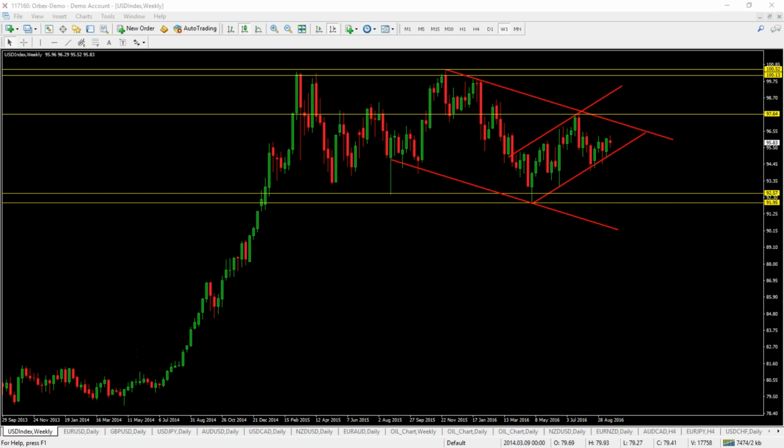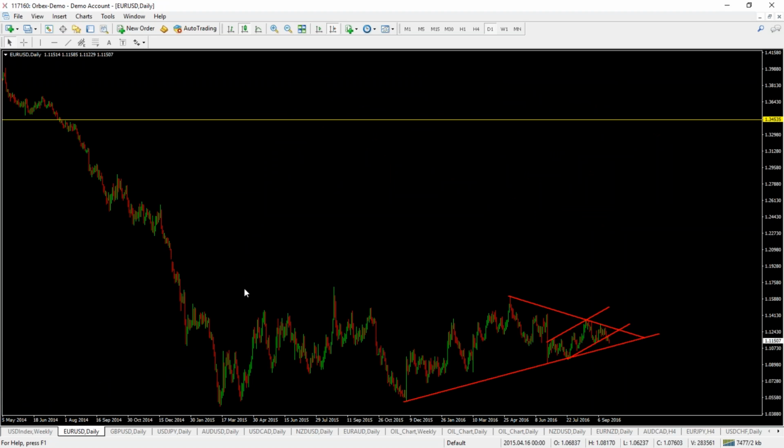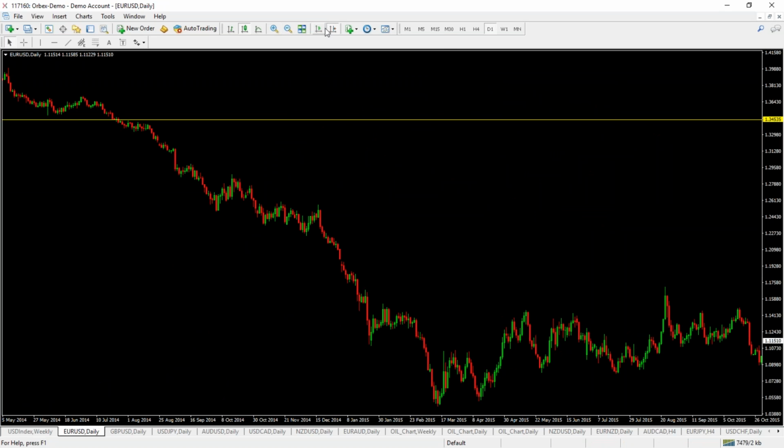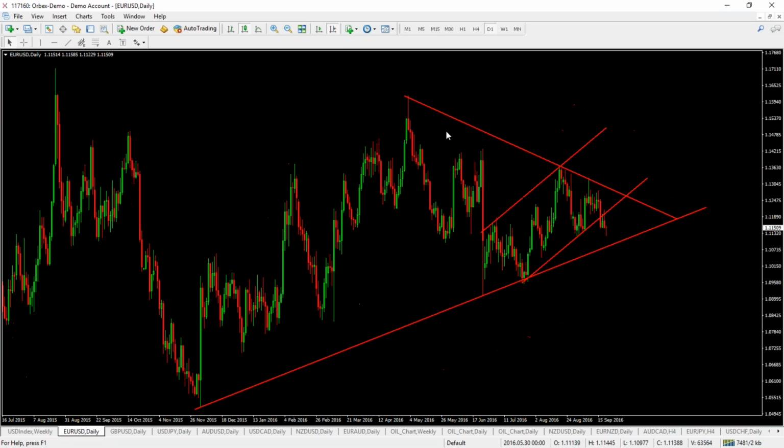So let's take a look at the major currency pairs now and see what the technical landscape is there. Kicking off with the euro then. Looking at the euro, you can see that essentially post-Brexit we have made this choppy grind higher. We put in a low around the 109 level, and since then we've traded back in a very haphazard fashion up to the mid 113s before retracing and falling lower.